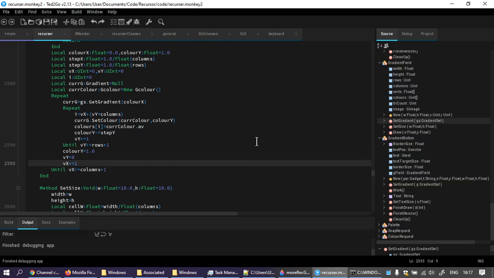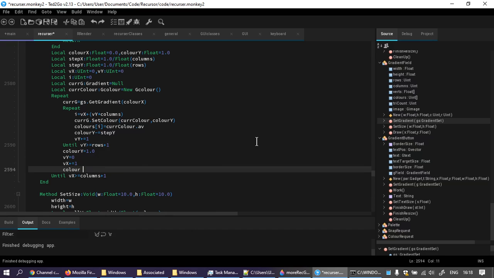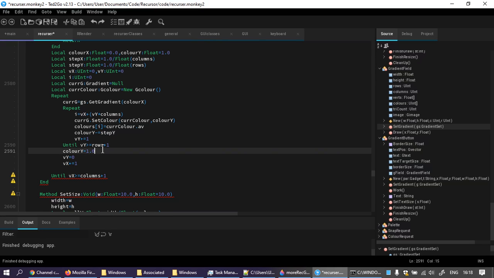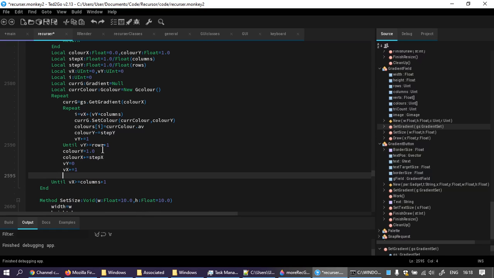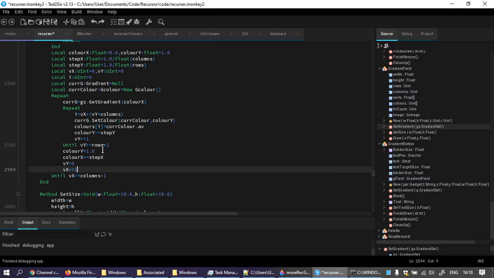I'm not doing another thing here. Color X plus equals step X. I need to do that. I'm forgetting to, every time I get to the end of a column. But why would it be